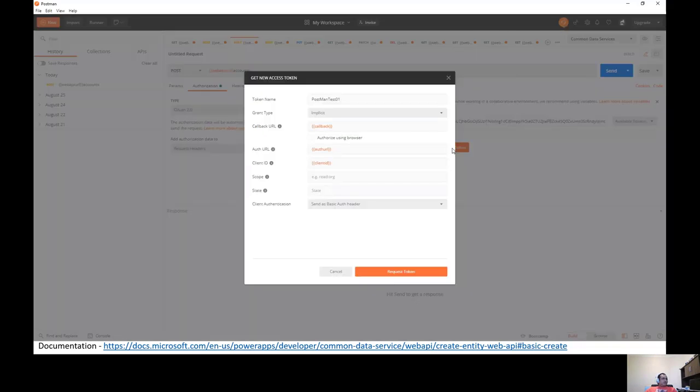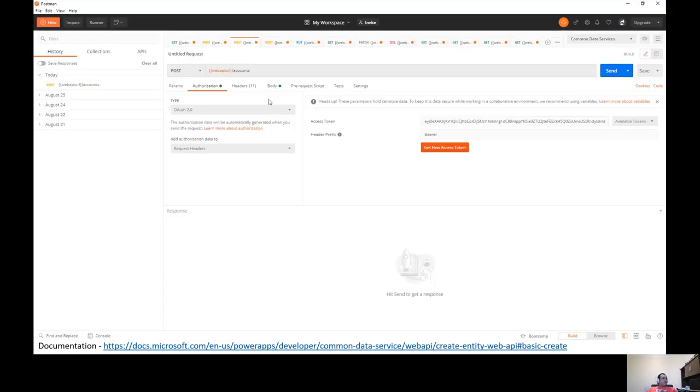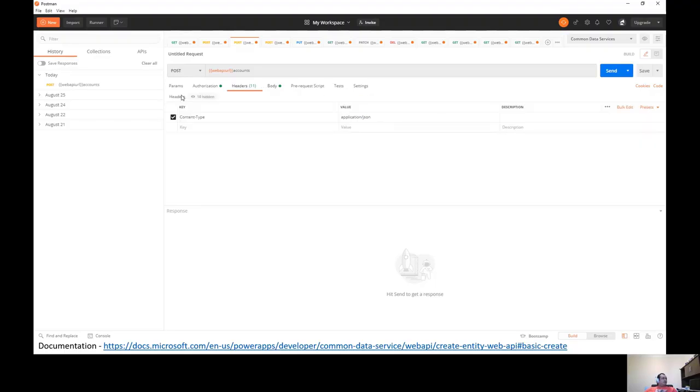Again, in the deep insert, I'll just request the token so that my token is refreshed. And then I have the same thing. So I will just do CDS demo. And here in my header, again, I pass the same, nothing really changes.